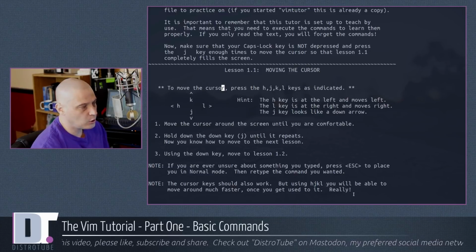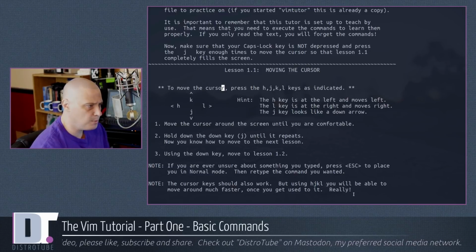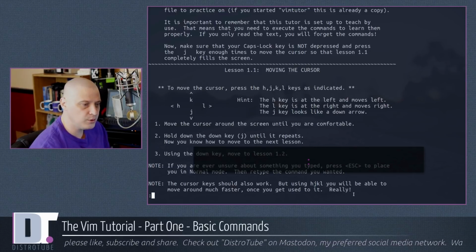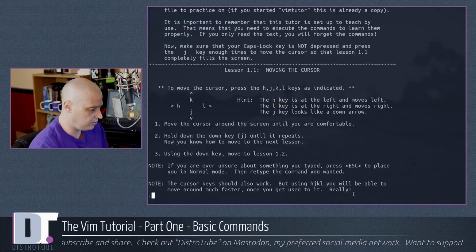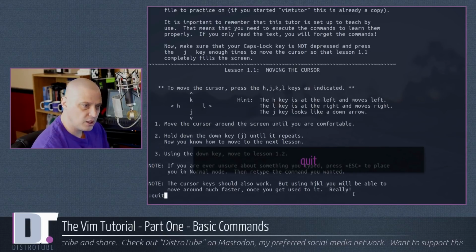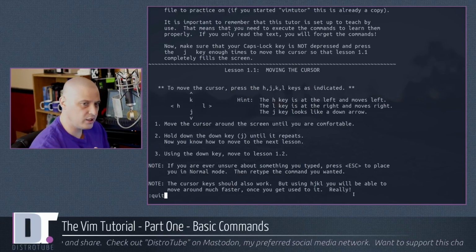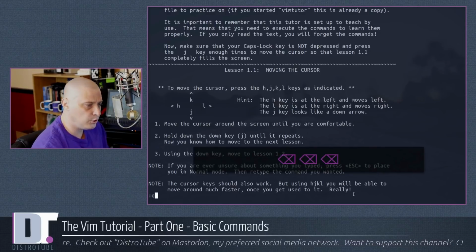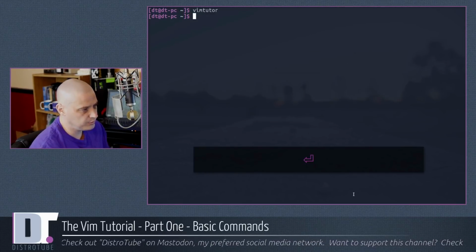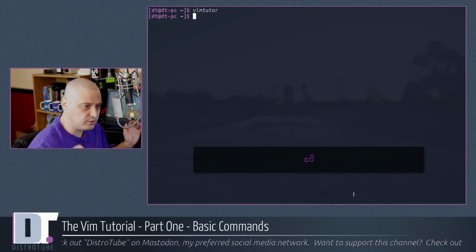The most common way to quit a Vim document is to type colon. What does colon do? It enters you into what is called command line mode. We can now type a command, such as the word quit. Colon quit will actually quit Vim. You don't have to type the full word quit though. Colon Q should work just fine. And we are out of Vim.